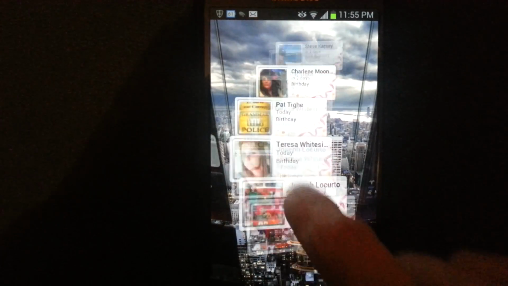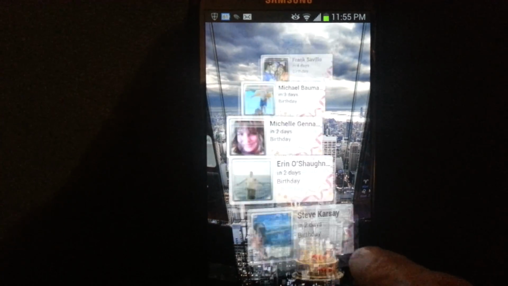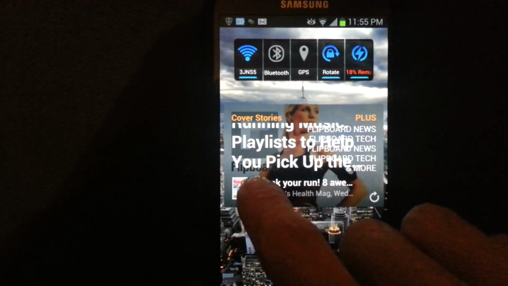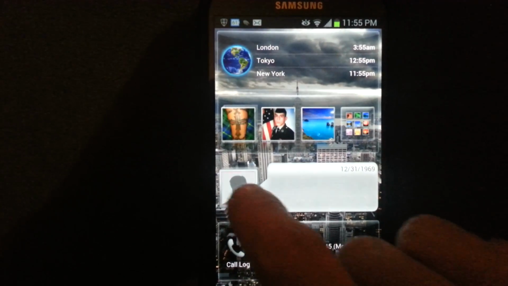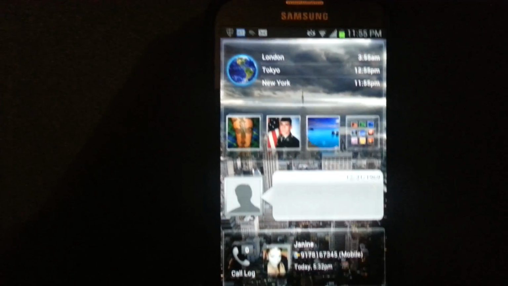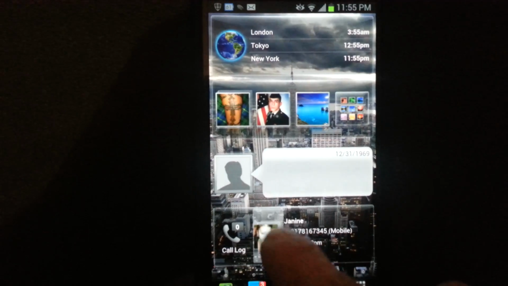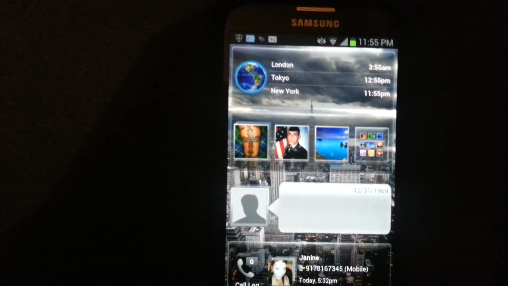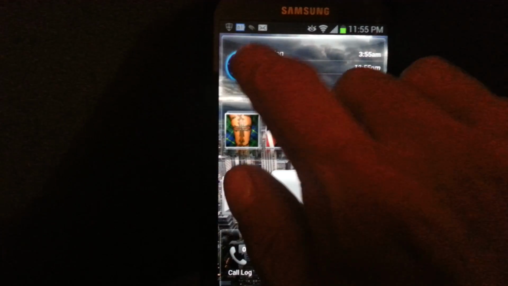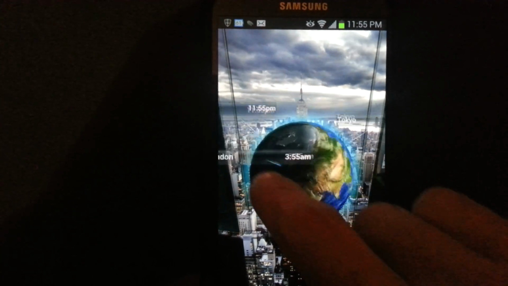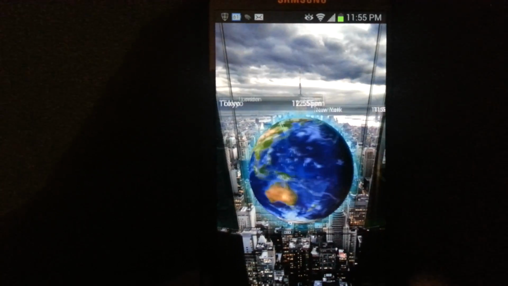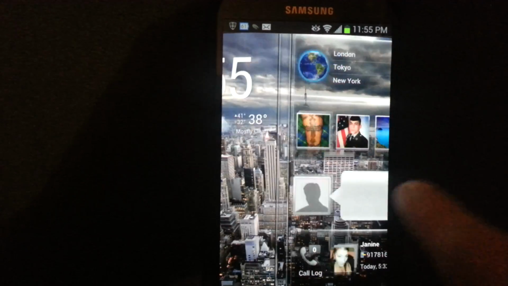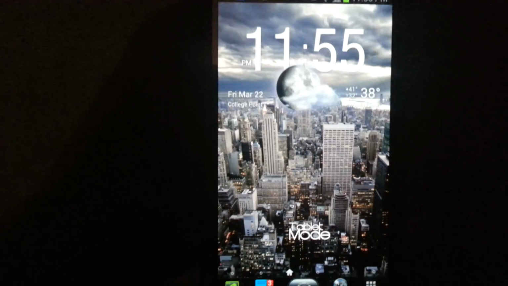The birthday one, you can scroll through them. Same with the text messaging one. And the call log, you can do that as well. And also the world time you can do. Okay. Now for the